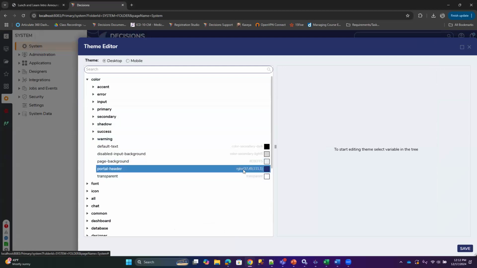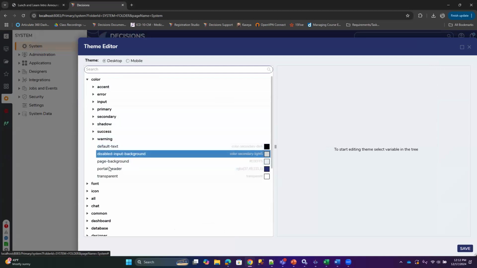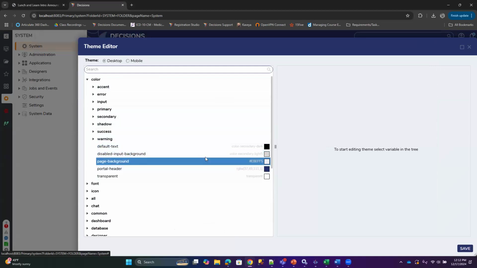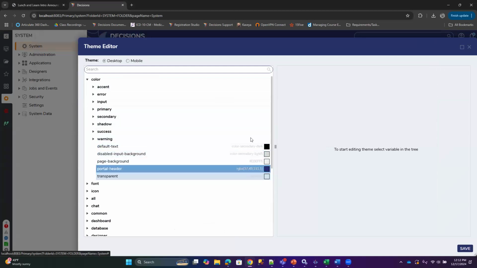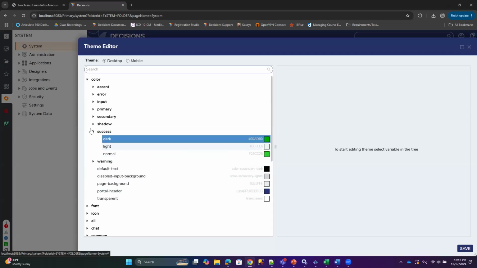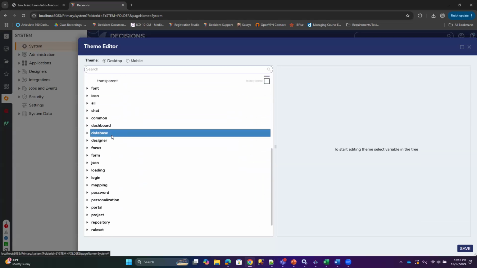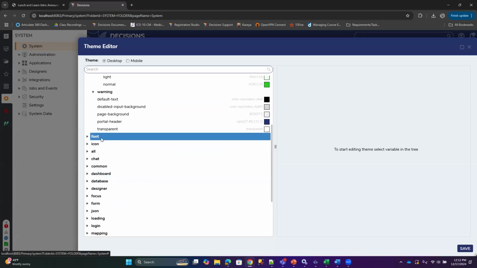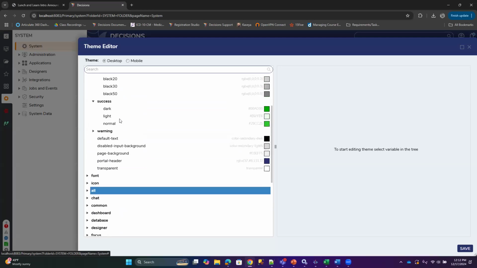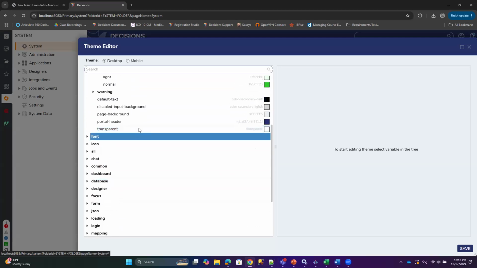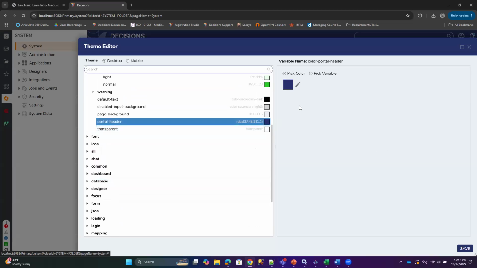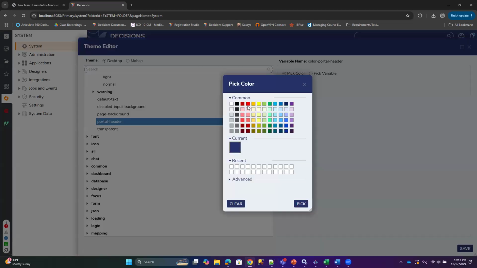The portal header, the portal header being that deep blue color. If you want to change the page background and stuff like that, all the hex codes and everything are in here, so you can manipulate these to display or change whatever colors you want. So I believe the one that you're referring to is going to be coming from this theme editor. If I change that, I don't know if that's the same as the portal header. It might be,